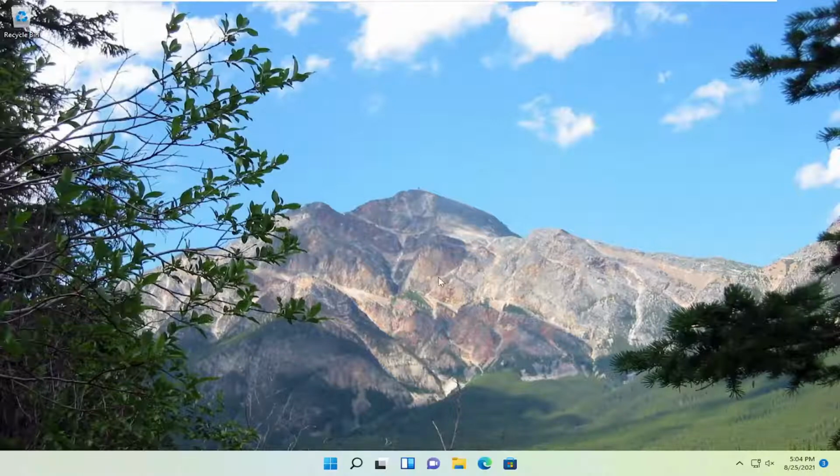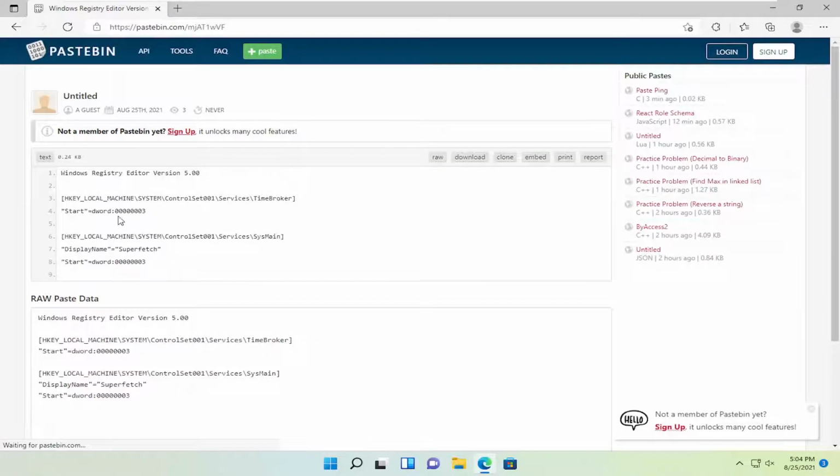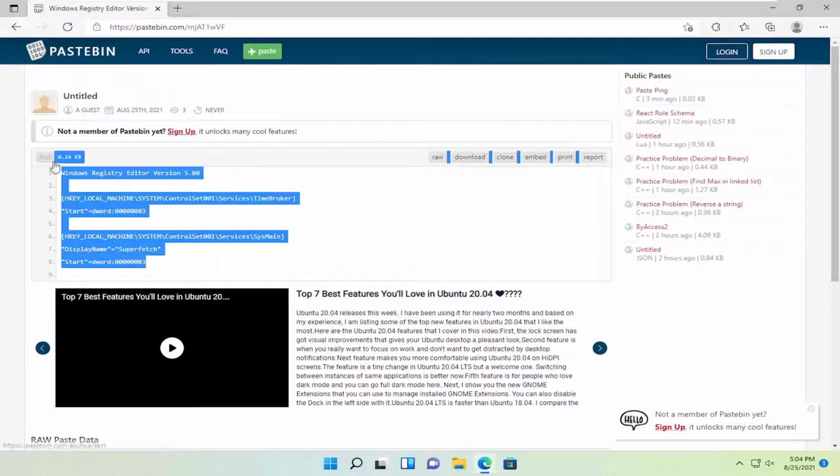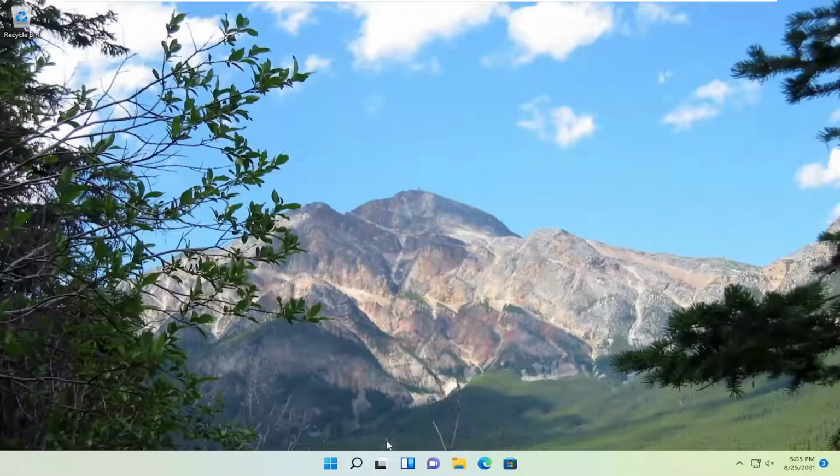So I'm going to have some text on a Pastebin website here, so you just go ahead and copy the link and then paste it into an address bar to go to this link. I'm going to have text on this page, so just go ahead and right click and copy, close out of the web browser, open up the search icon,